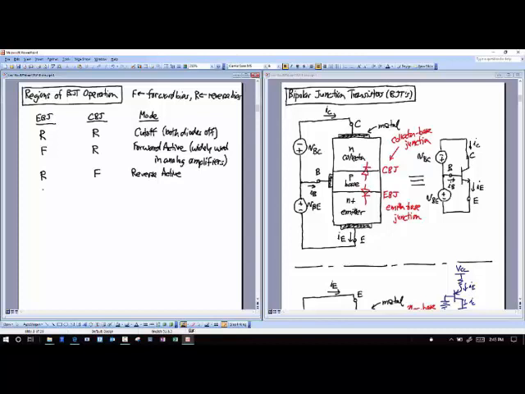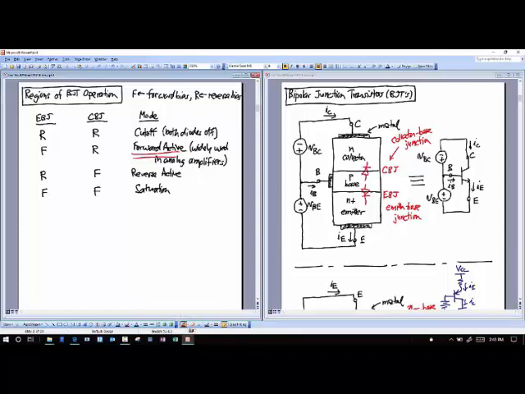And then finally, I can forward bias both junctions. Okay, if I forward bias both junctions, I get what's called saturation. Now, intuitively, you'll immediately think, oh, forward bias both junctions, that's the best, right? I'm going to get the most current out of that, right? That's the best. It's not, actually. You never want to see this happen in your analog amplifiers, and I'll tell you why. Okay, you always want it in the forward active region. This is the golden space right there. You want that. Okay, and you'll see that soon. But before doing that, we have to go through a lot more other stuff.